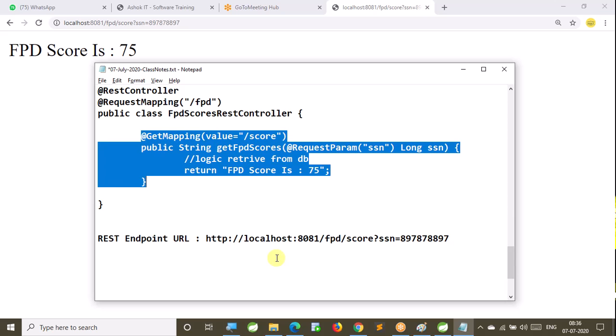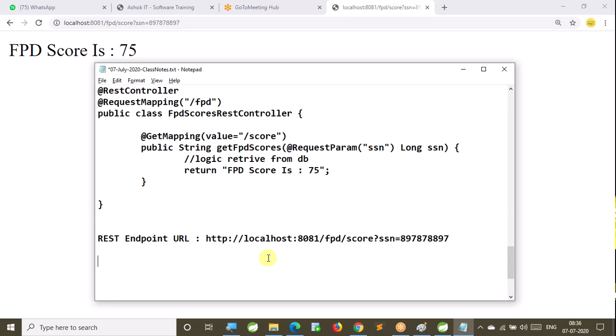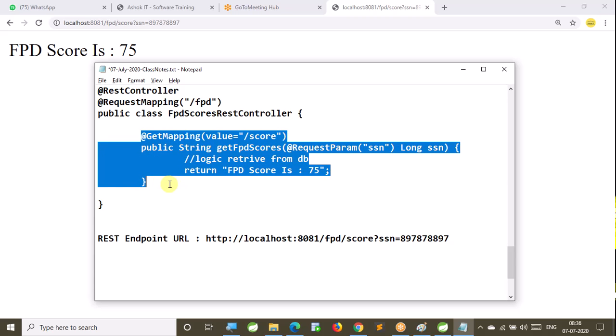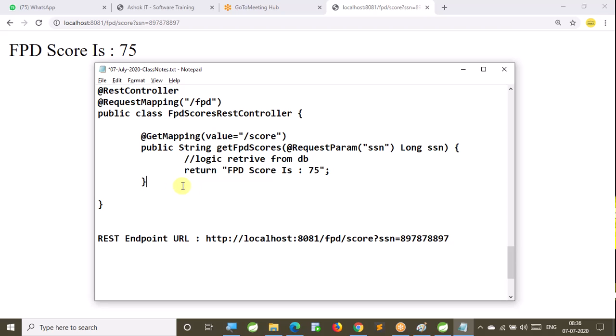Able to follow this? Dispatcher servlet is going to perform pre-processing. Dispatcher servlet is the front controller which is going to call our resource method. So it is the responsibility of the dispatcher servlet to take the data from this query parameter and pass it as a method parameter. When the dispatcher servlet tries to call this method, it will understand this method is expecting a query parameter. How will it understand? The RequestParam annotation represents the value coming in the query parameter.